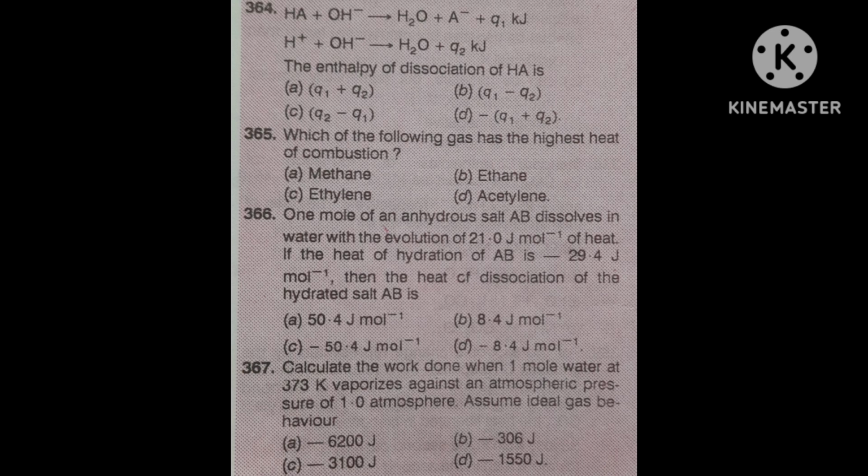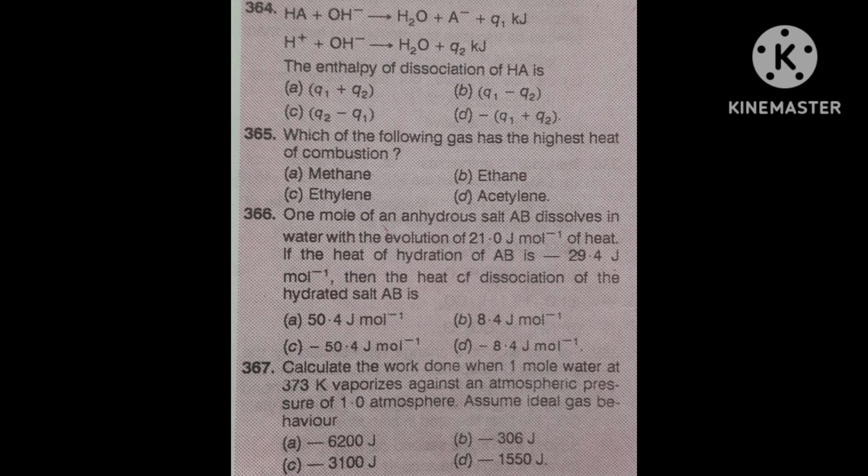Now second, the volume of 1 mole of H2O vapor at 373 Kelvin and 1 atmospheric pressure. Now you can calculate using PV equals RT. This formula you have to apply. First, 1 mole of H2O, ordinary water: V1 means 18 cc, means 0.018 liter, dividing by 1000. This is the volume of liquid water.